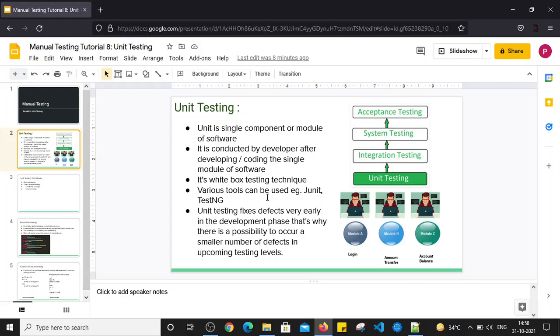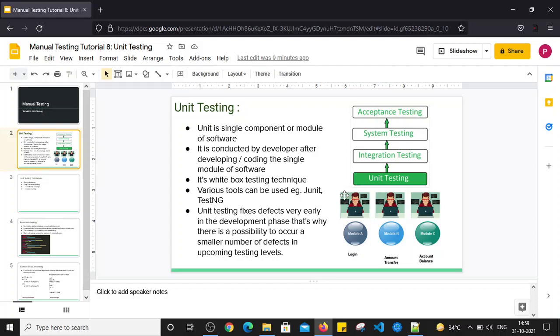Unit testing is a white box testing technique. We have seen black box and white box testing techniques. For white box testing technique, coding knowledge is required, correct? That specific module is developed by the developer, and that specific coding is done by that specific developer. The developer knows what he has coded, what logic he has used, and what code he has created.